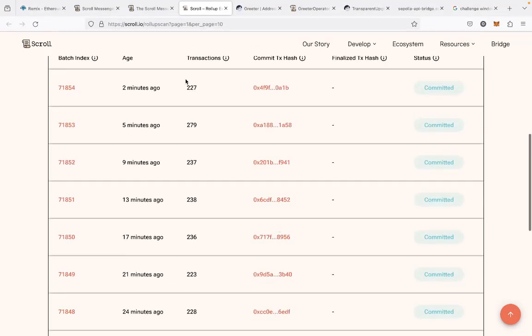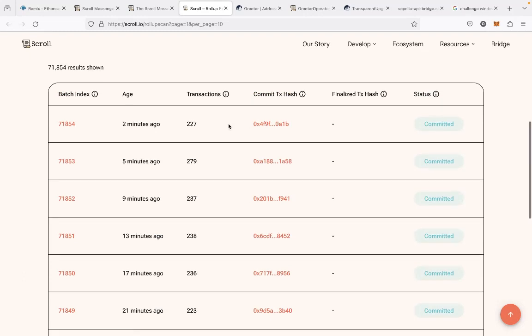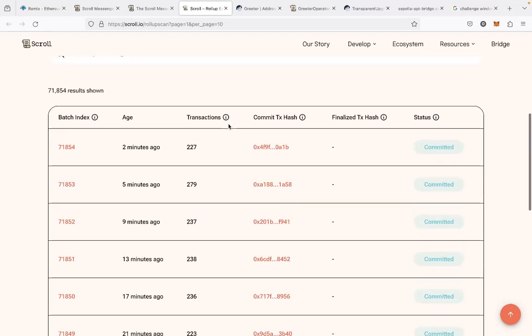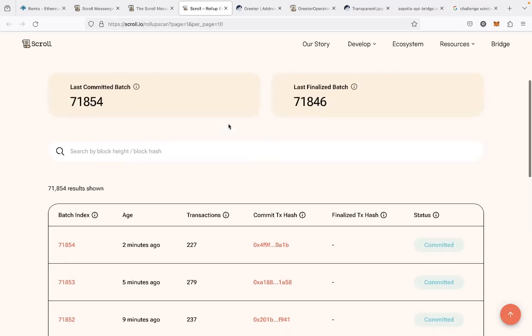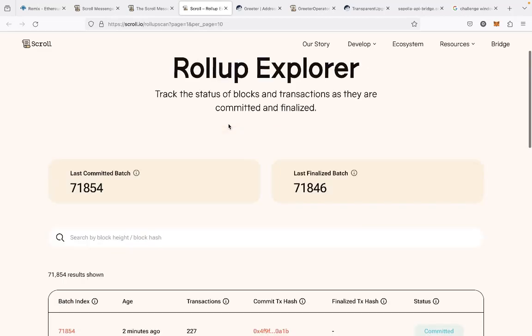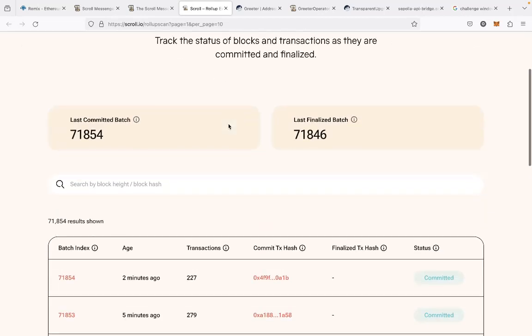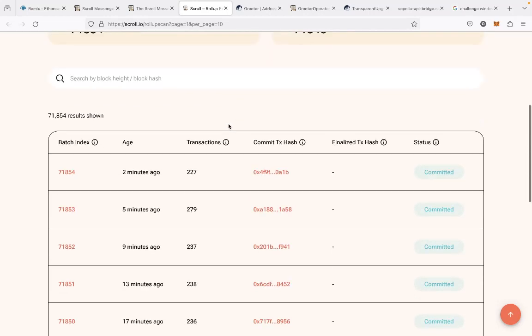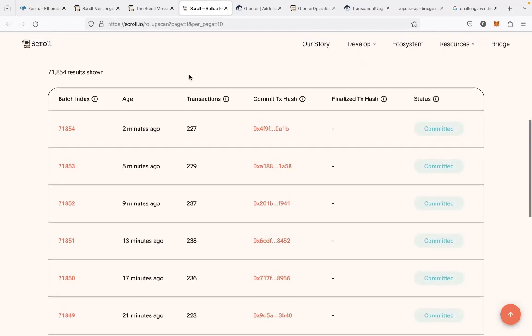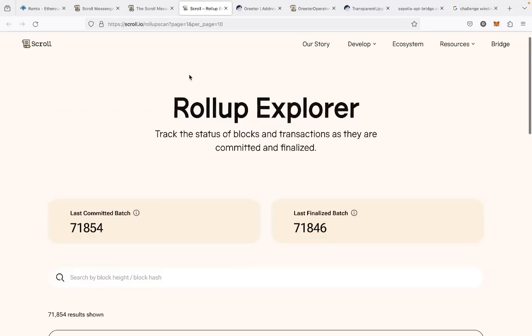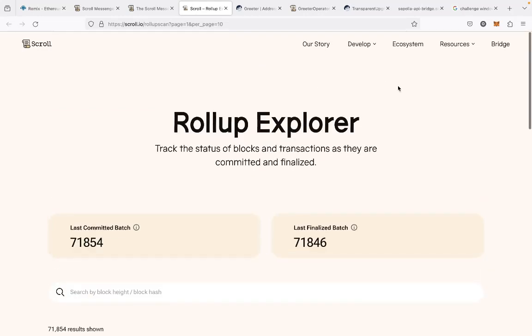Anyway, this is their Rollup Explorer. So when you send a message, and I guess any transaction from their L2 to L1, you can track it here. I wonder if this Rollup Explorer is for mainnet, and there's a different one for testnet. So anyway,